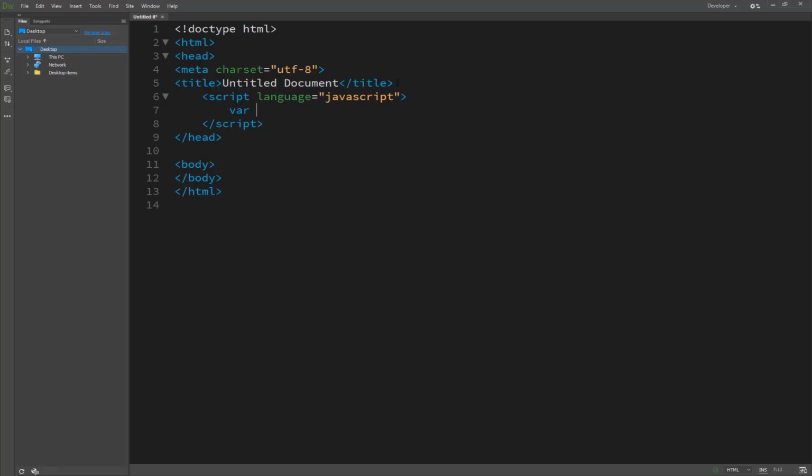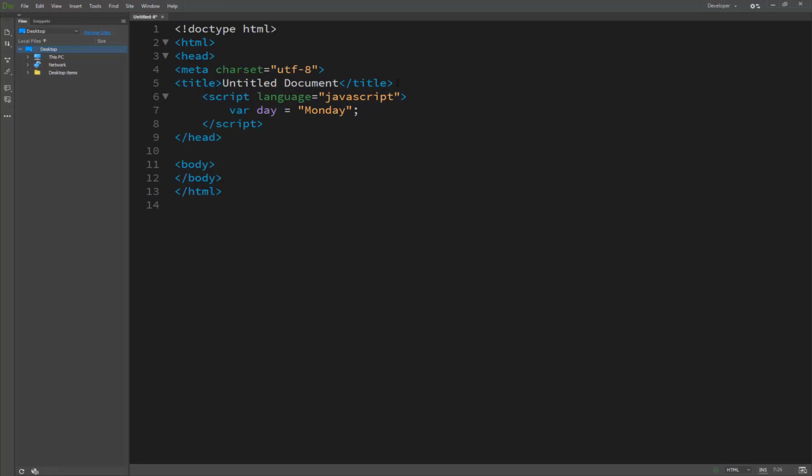The good practice is to write your variable name with the first letter as a small letter, for example day, then the equal sign and passing a value or a string inside the variable, called Monday. So JavaScript understands that you have created a variable called day; it's the name of the container, and the value you pass inside the container is Monday.